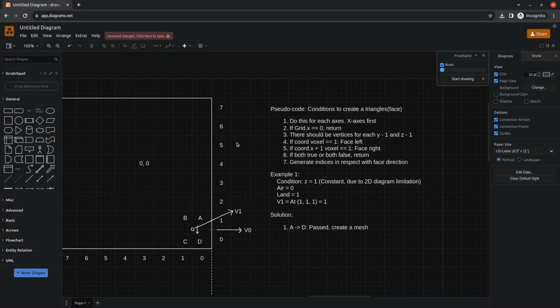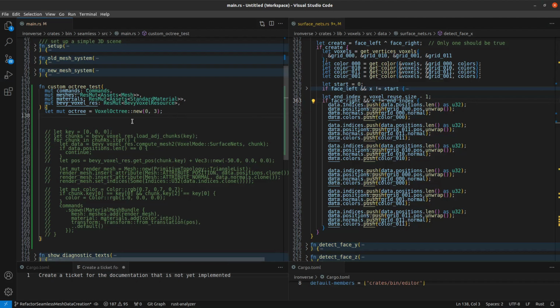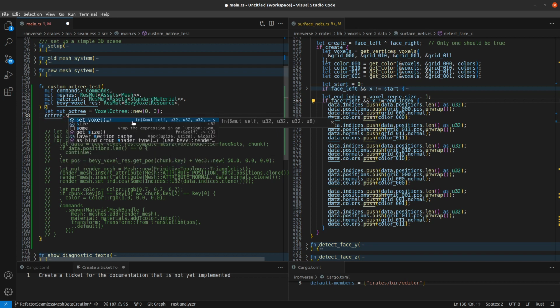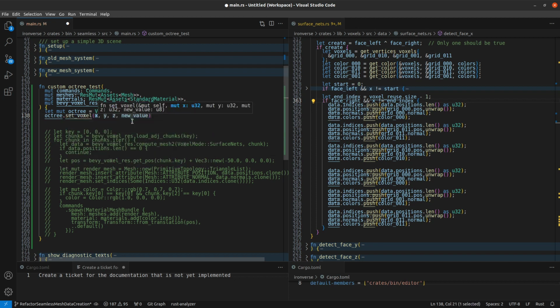Okay. Then we go with the octree set voxel, and then 0, 0, 0. New value is 1. Anything that's higher than 0 as a value, as a voxel, we will process. But if it's 0, we'll treat it as air or nothing. But for now it's air. So XYZ, and then the new value. Okay, and then